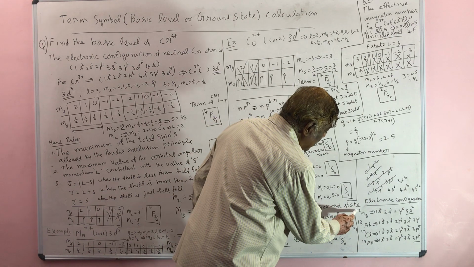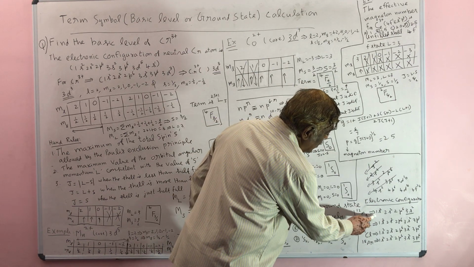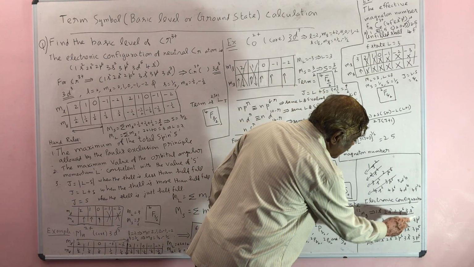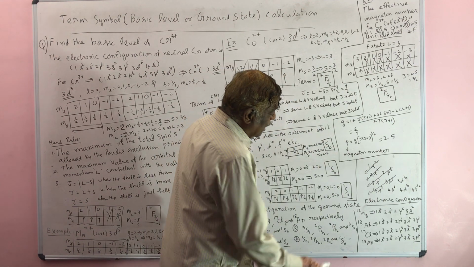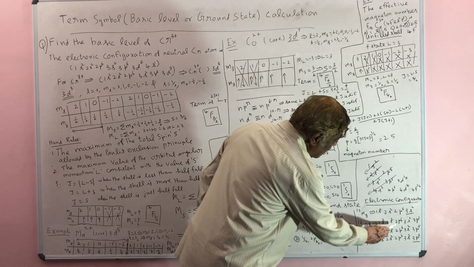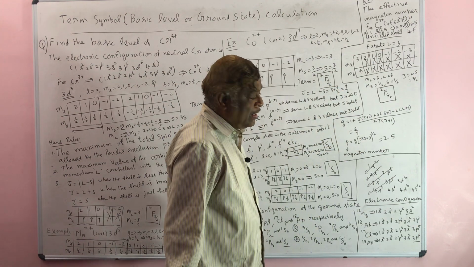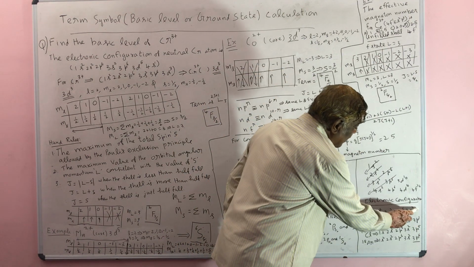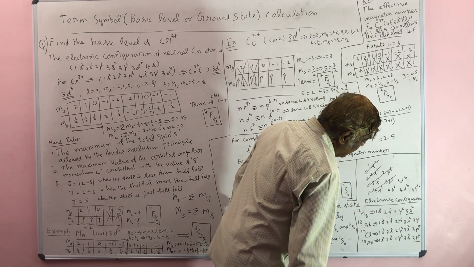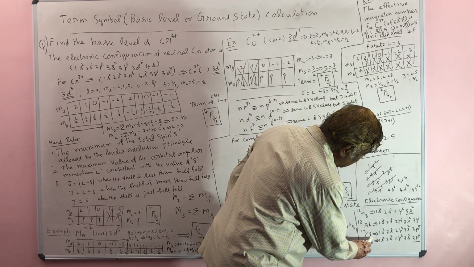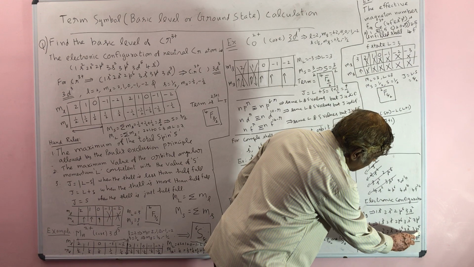So you write down the electronic configuration of 12Mg. You know that the last shell is 3s2, and for aluminum, the last one is 3p1. This is a complete shell. This is an unfilled shell. Now here 17Cl, this is 3p5.